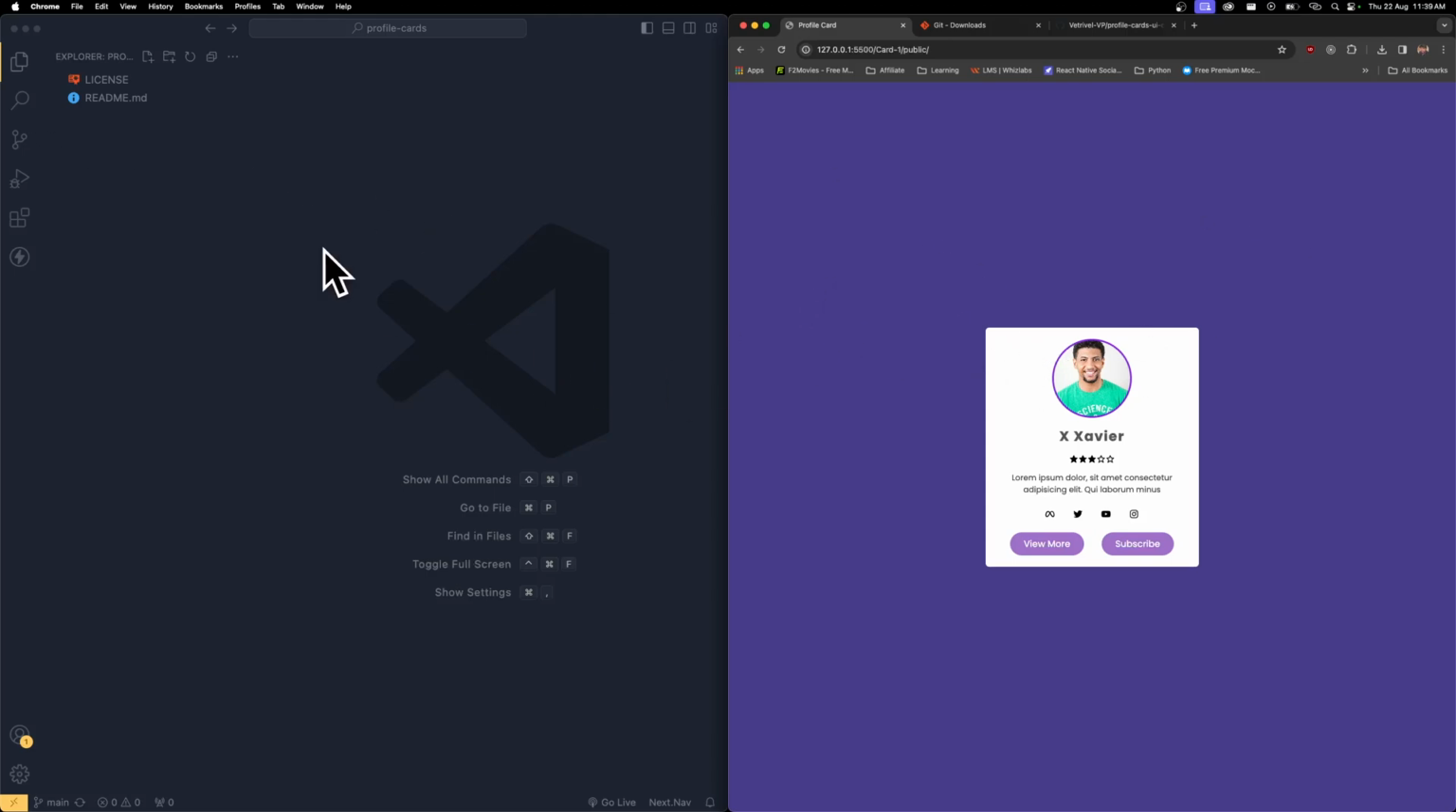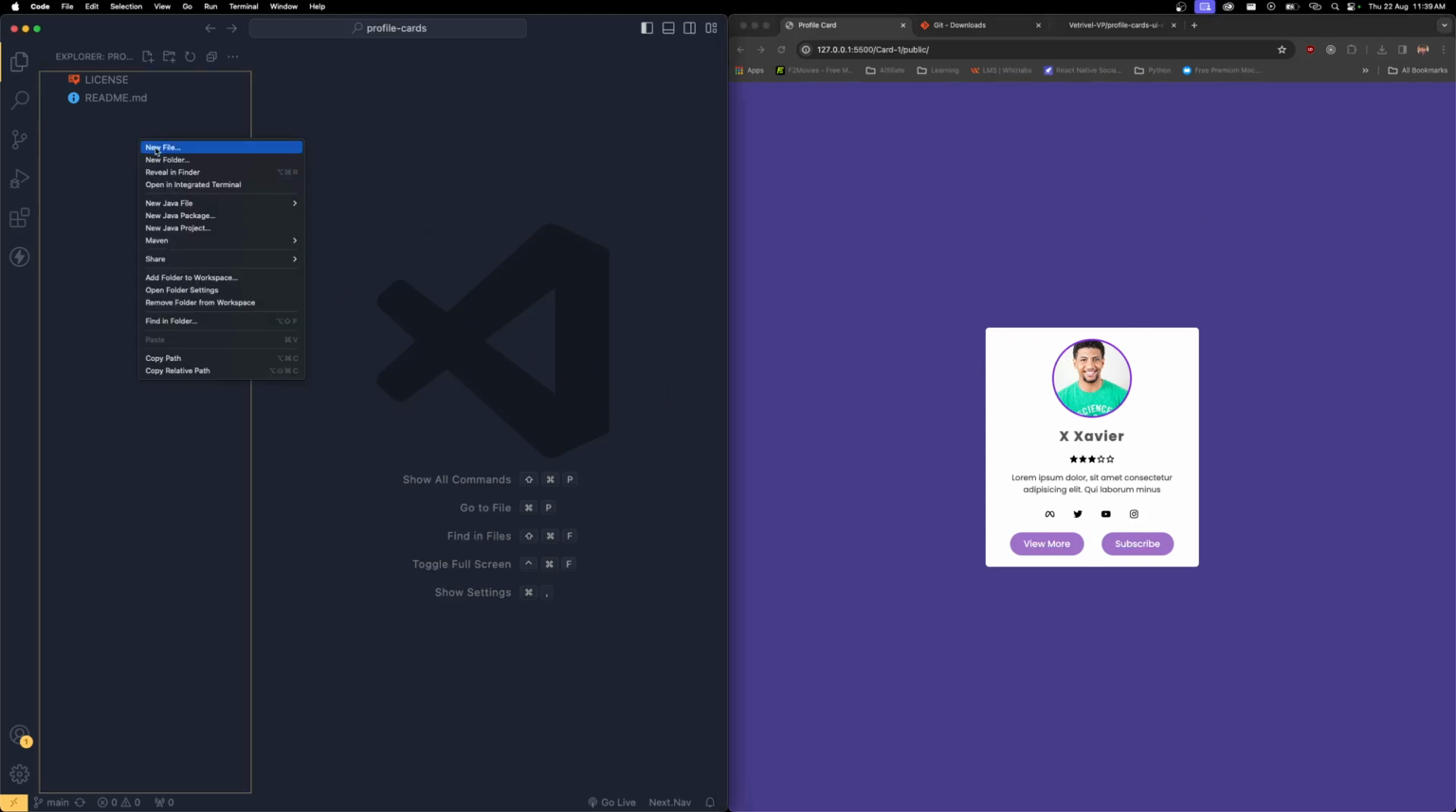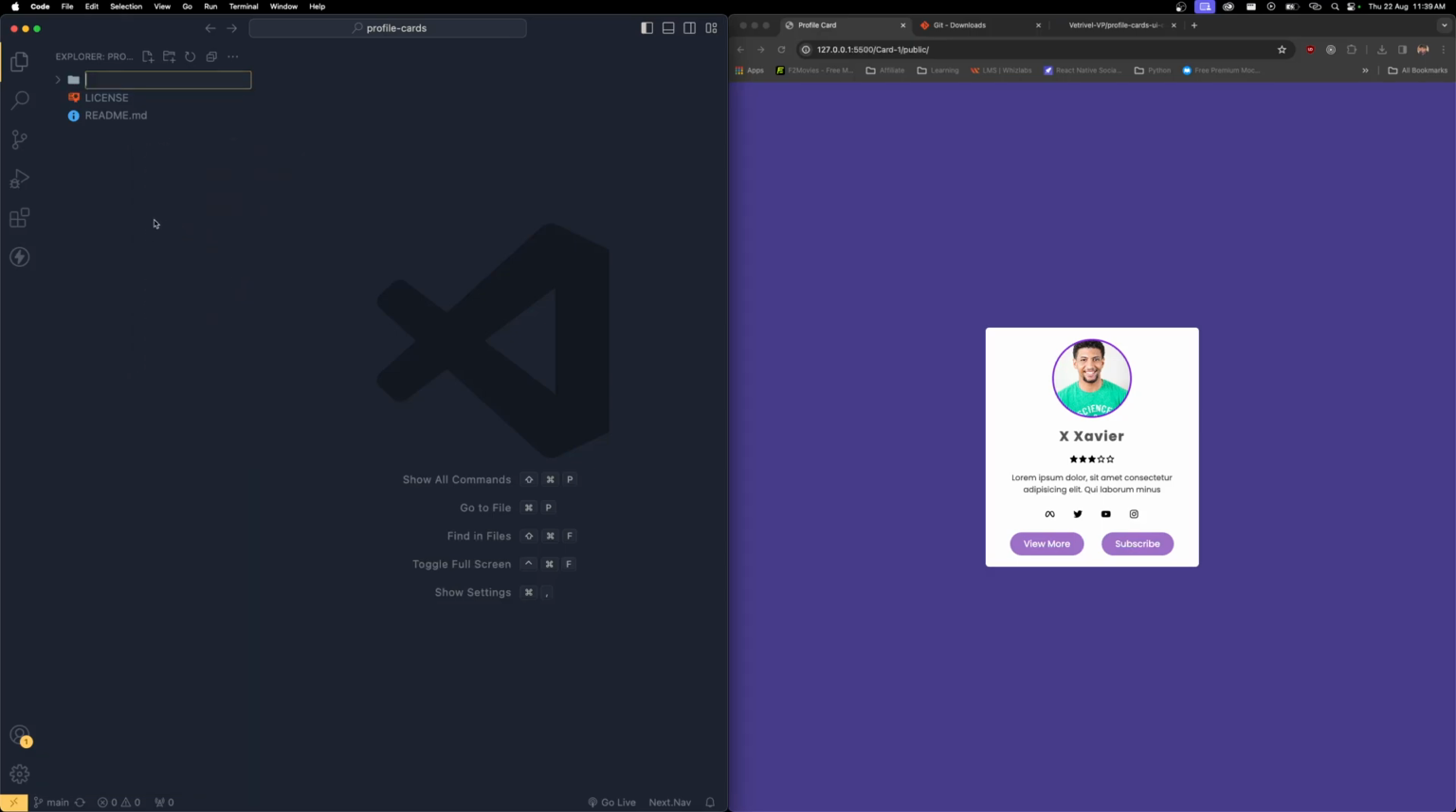So in order to create this, I'm just going to create a new folder over here, and I'm going to name this folder card1. All right, and here inside this folder I'm going to create a new folder called public, and inside this public folder I'm going to create a new file called